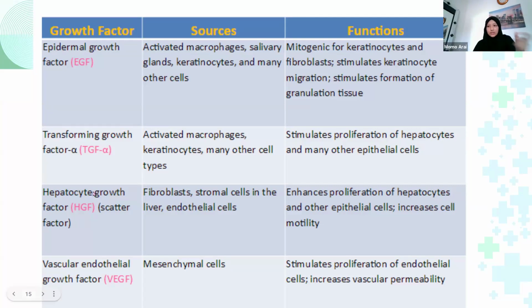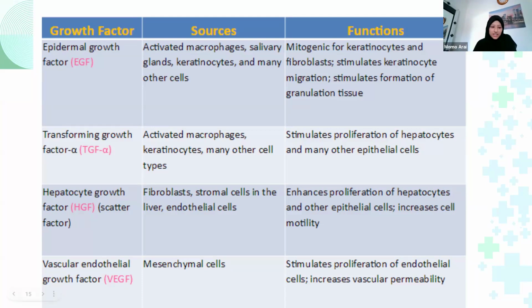Hepatocyte, from the name, is more specific. So you can think of it that it will more help the liver cells divide and proliferate in case of injury, okay? VEGF, vascular endothelial, also from the name, will help in blood vessel formation, angiogenesis, and permeability and proliferation in general for blood vessels. So blood vessels, liver, many types of cells, skin cells with scar tissue,